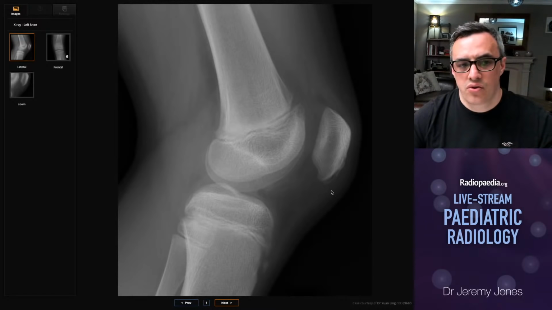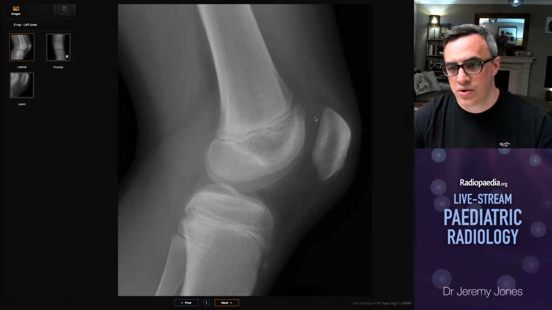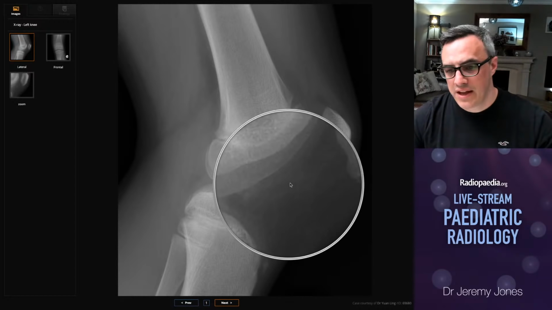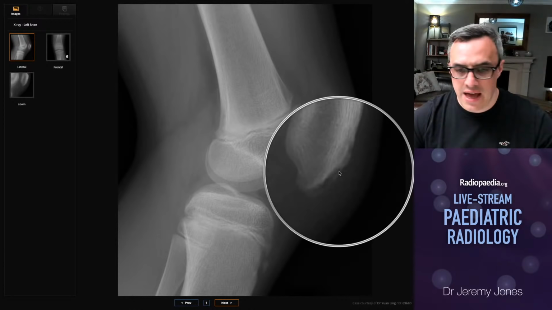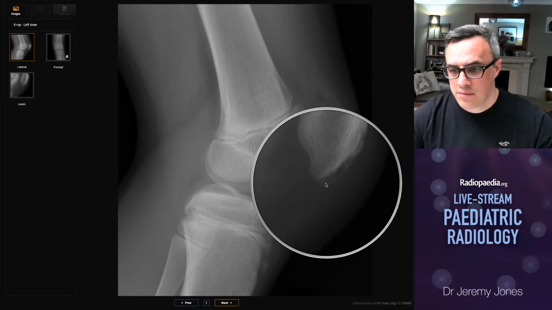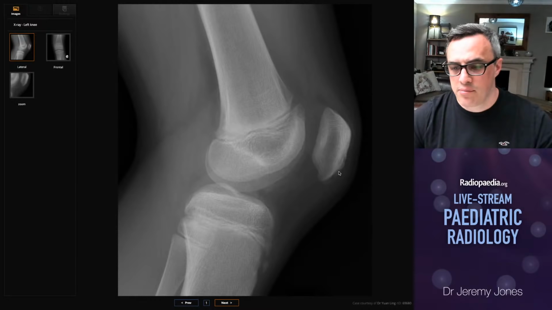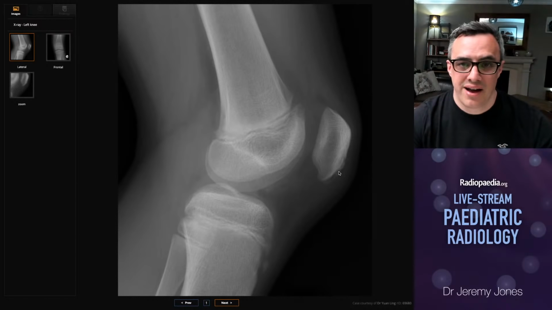In this case, this was an acute presentation. There's a little bit of a joint effusion, splitting of our fat planes, slight increased distance between patella and distal femoral condyles, a little bit of increased density within Hoffa's fat pad as well. And then this area of linear ossification just on the inferior margin of the patella. This is a patella traction injury,